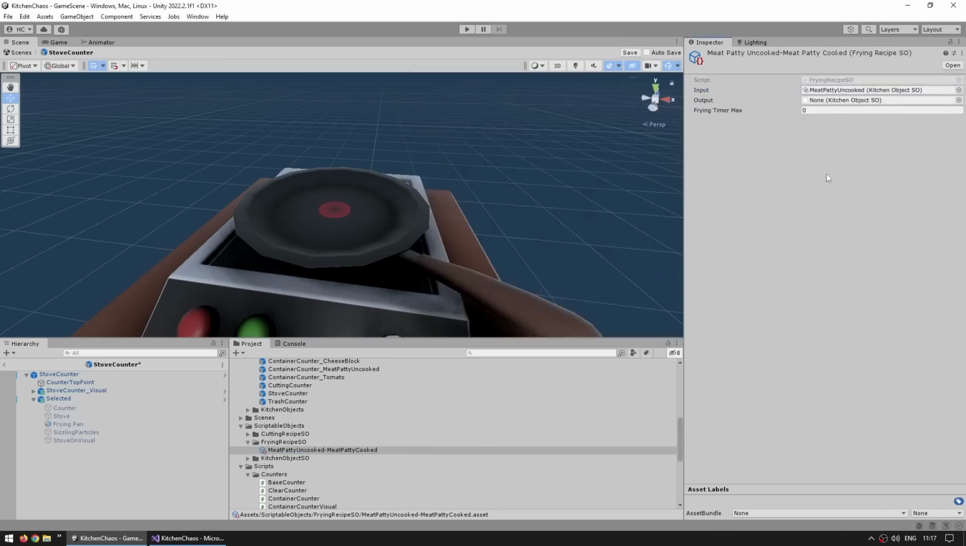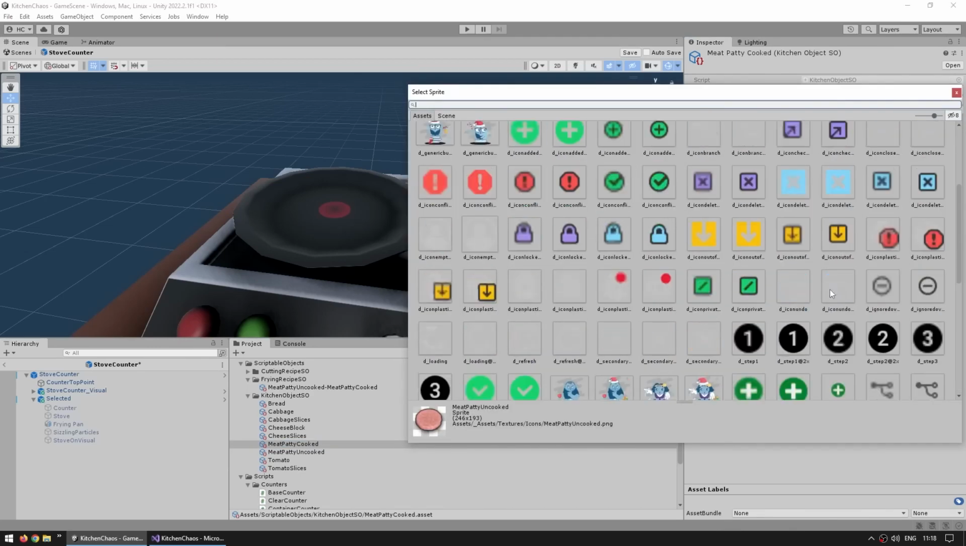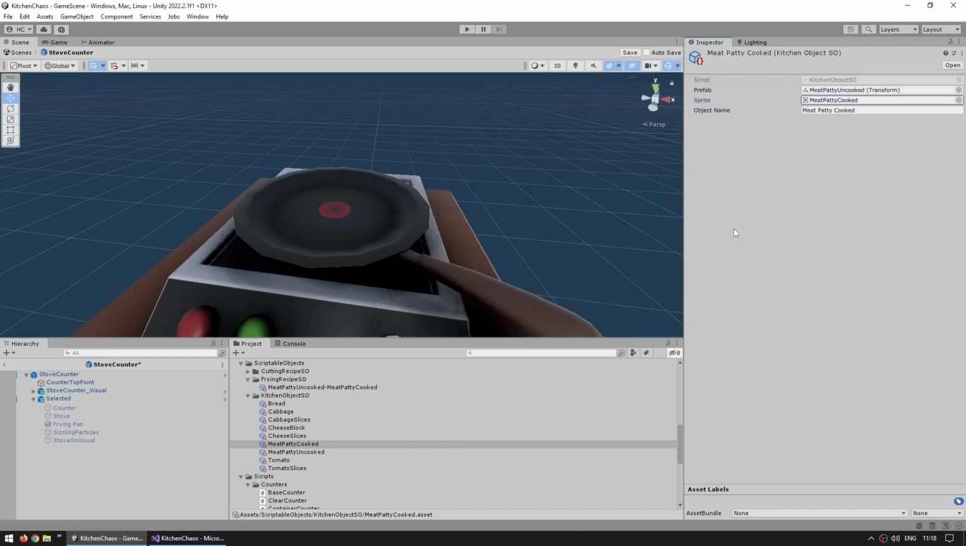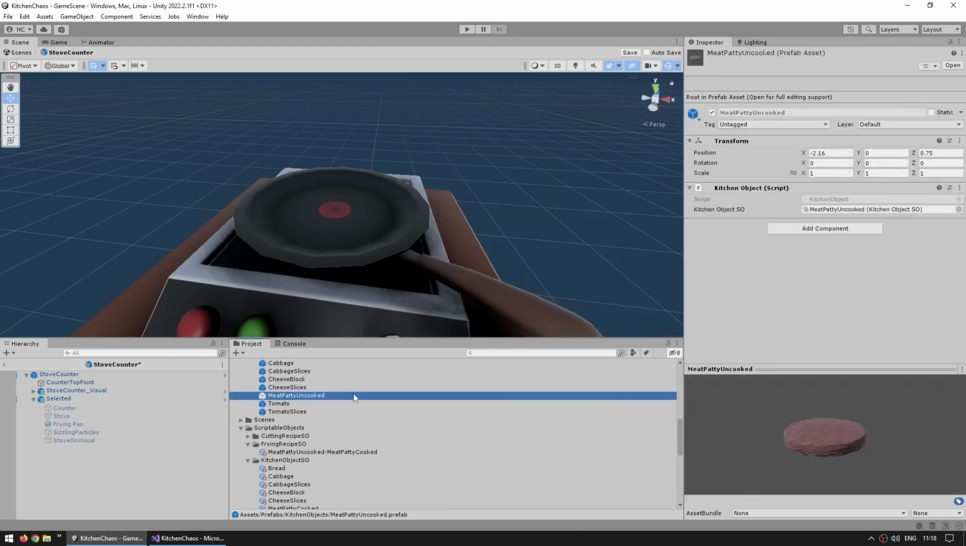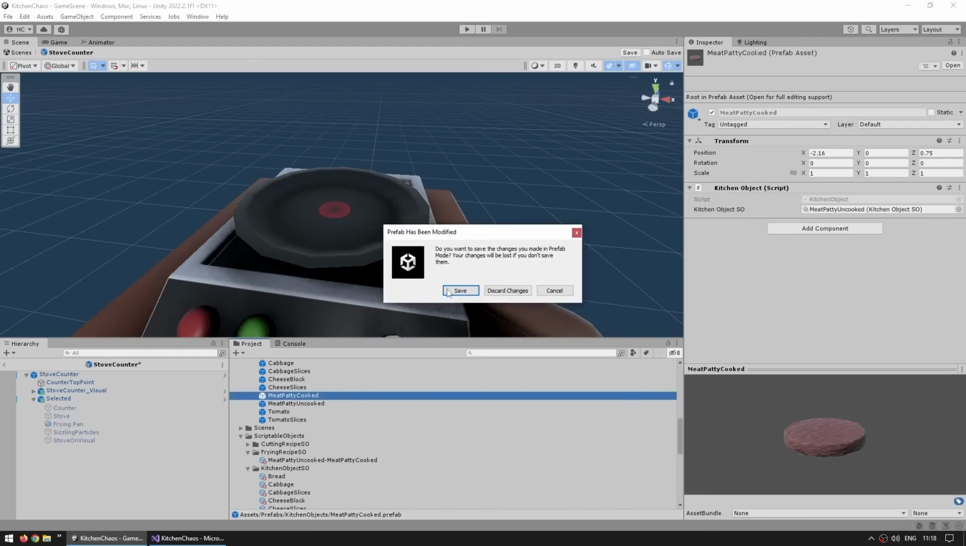Now we have to make the other one. So let's go ahead and make that one. Let's duplicate this one, rename it to the meat patty cooked. And the object name, meat patty cooked. Let's select the different sprite. So this one is going to be the meat patty cooked, okay? And finally for the prefab, let's also make it. So for the meat patty cooked, let's go inside of it and also make sure to save the changes on